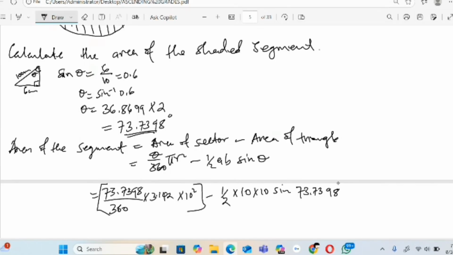That way. So when you work out this, you're going to get